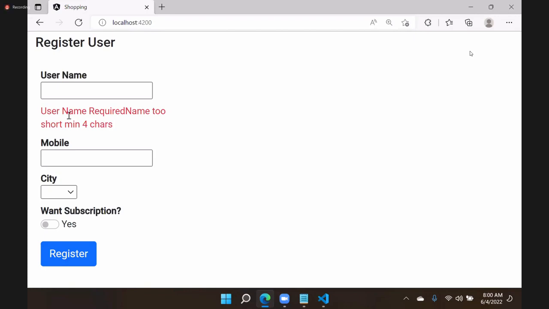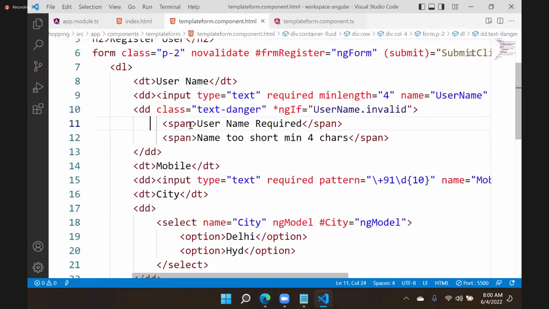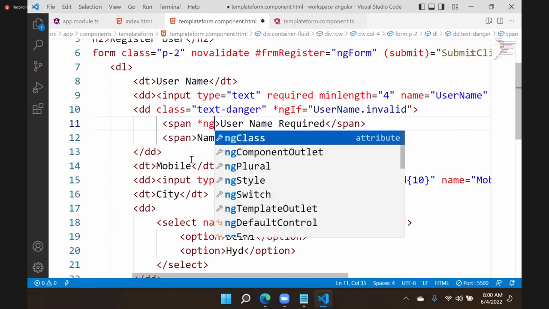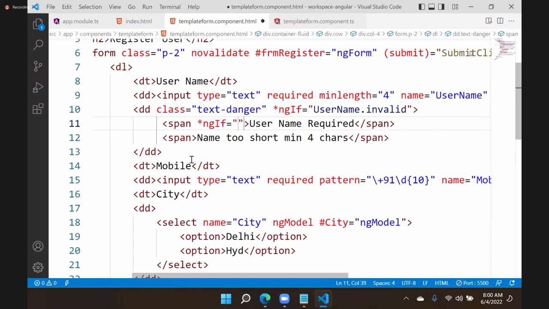But I want the first message to display when the required problem occurred, and this message to display when the min length problem occurred. In that case, here we need to define this span should be added ng if. It should be added when username